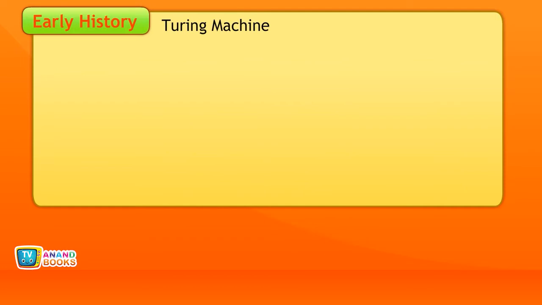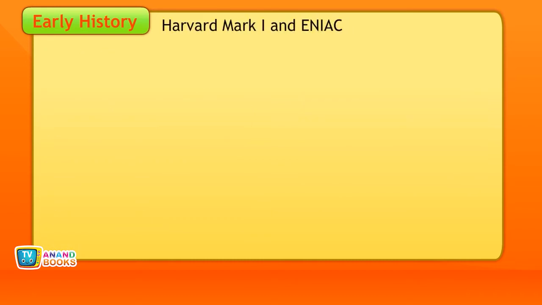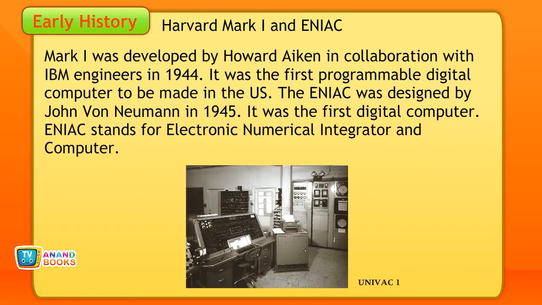Turing machine. Alan M. Turing, another British mathematician, invented an abstract mathematical model called a Turing machine, laying the foundation for a major area of computing theory. The most prestigious award given in computer science is the Turing Award, named after Alan Turing. Harvard Mark I and ENIAC. Mark I was developed